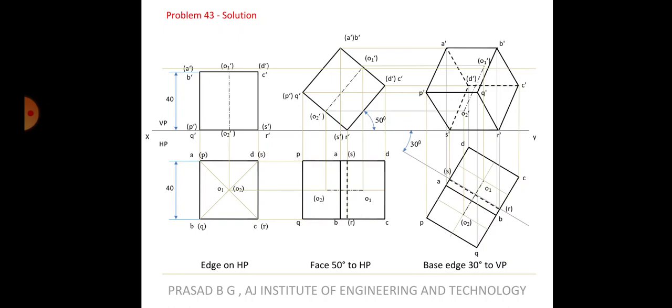Okay, so there is a time of 1 week for you to complete these many problems and submit. So we will need one more class to finish projection of solids. In the next class we have to do another problem on cube, and there is one more thing called tetrahedron. So I'll tell you what is cube and what is tetrahedron in the next class. Cube 1 we have done, one more problem plus tetrahedron in the next class.